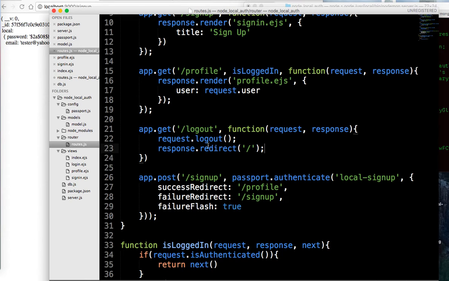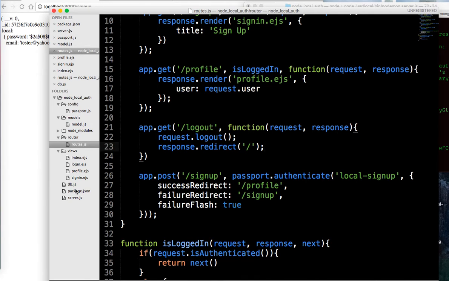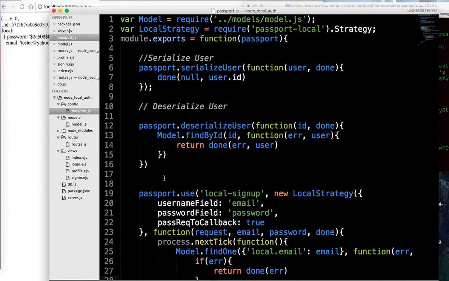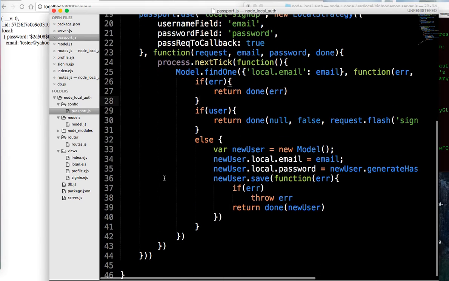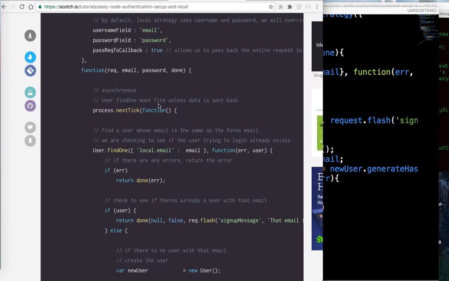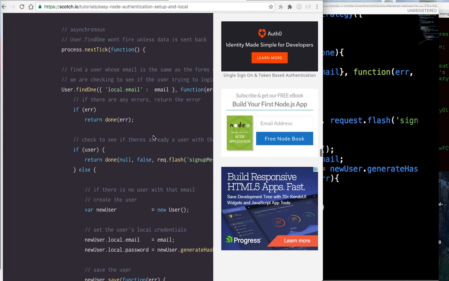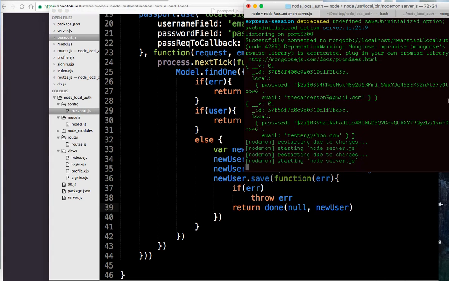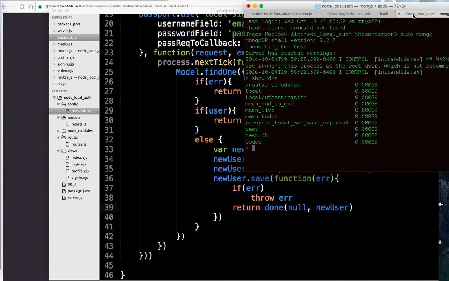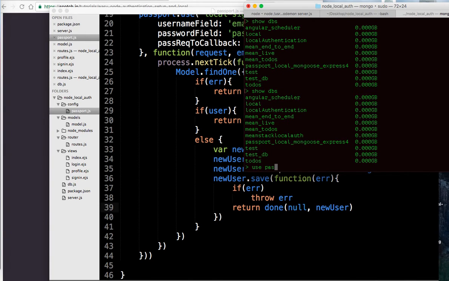Profile.js, user request.user, passport.authenticate, local sign up. Return done user. Let me make sure I got that last part. Next tag function, return done. Oh. Null and a new user. I think that's why. Let me go ahead and show dbs, use passport, or use